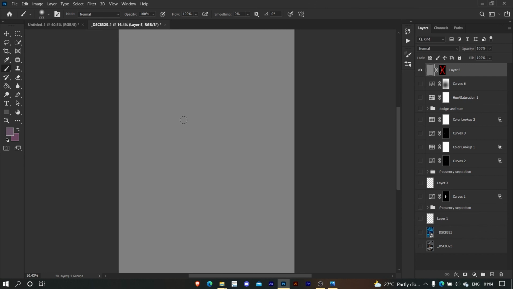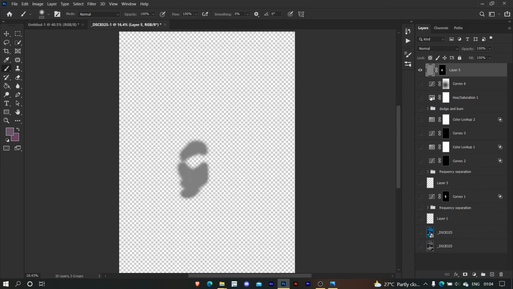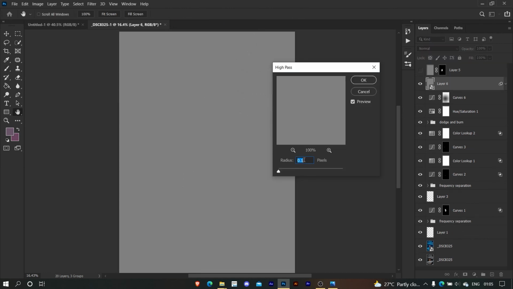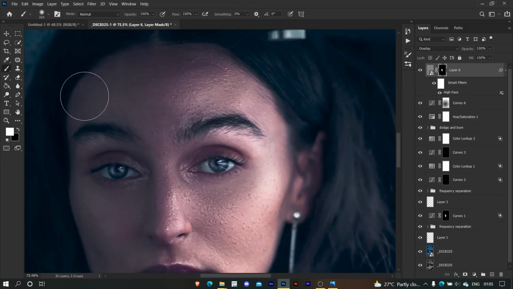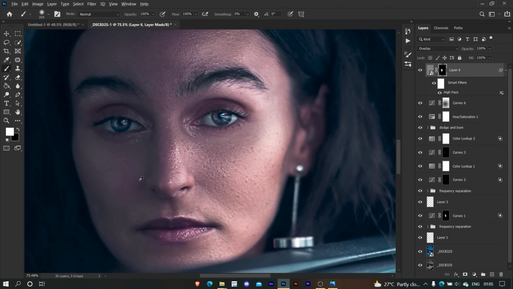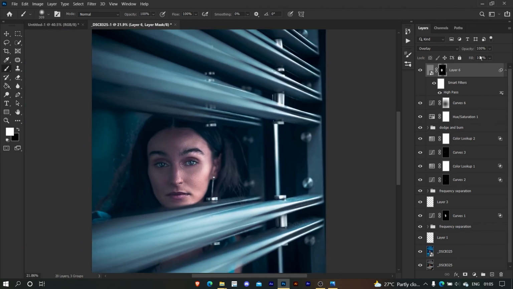I think there has been some processing issue and the filter did not generate the textures properly. So let me quickly do it for you. So you can see here that it was set to 0.1. I don't know why, because I think my computer is lagging a lot. So that's why I think there was an issue. Let's keep it to 3.4. See, this is too much, so we'll decrease the overall opacity for this.